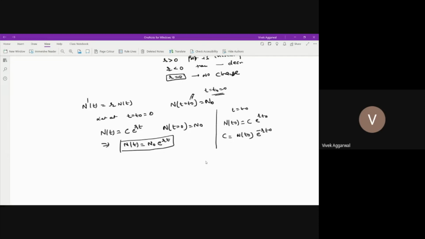So my solution N(t) will become N naught e^(r(t - t naught)). It will just shift by t naught. That is my analytical solution for the population model.